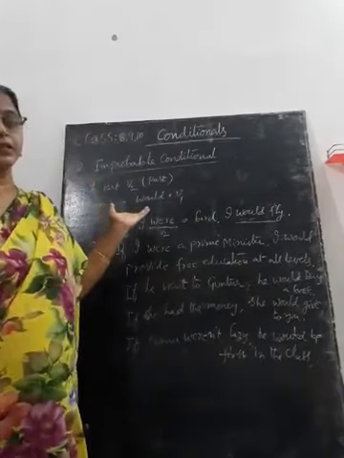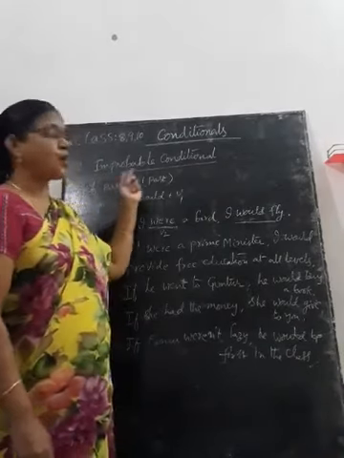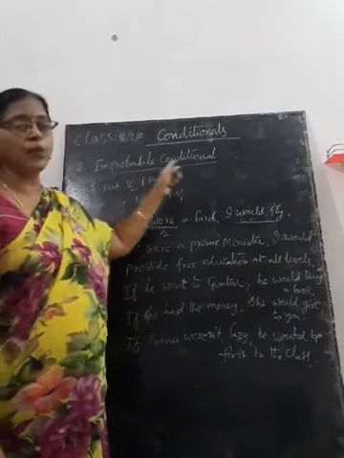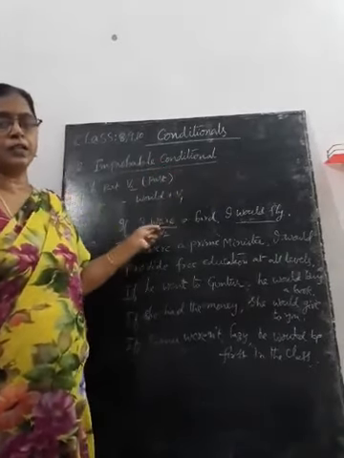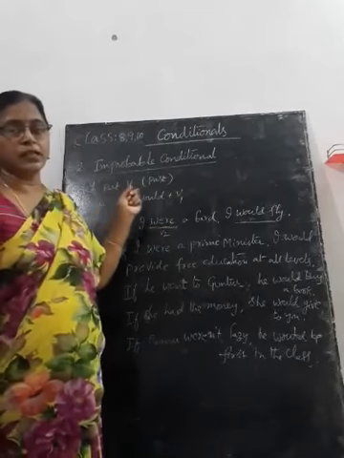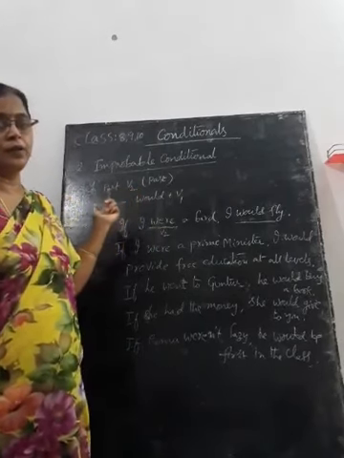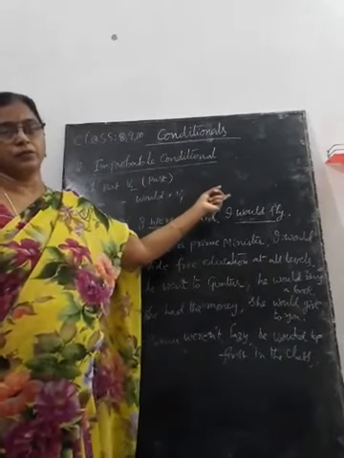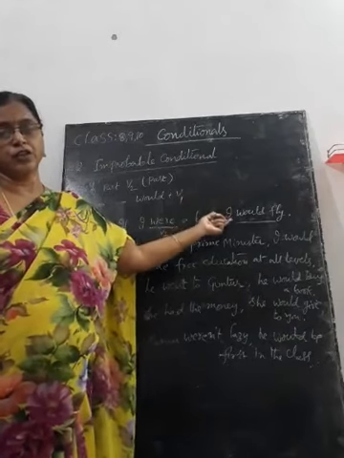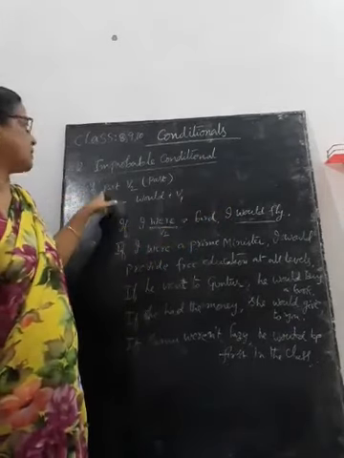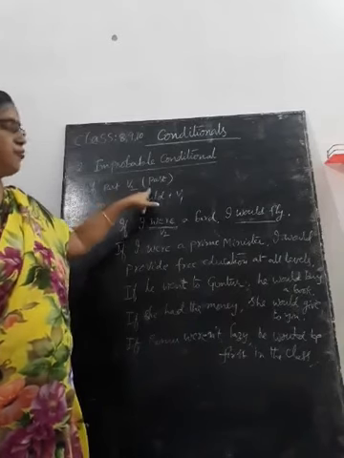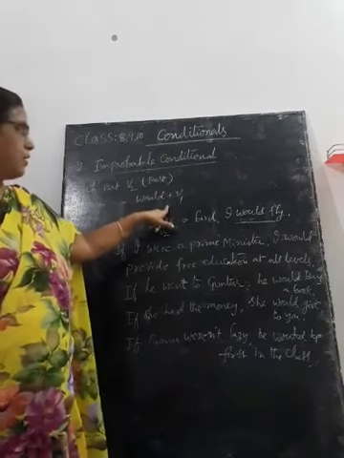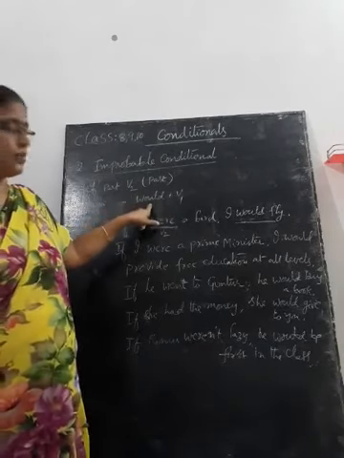See, students, very easy to understand. The improbable conditional sentence is the second kind of conditional sentence, also called the improbable or imaginary conditional sentence. The situation doesn't happen. We use the improbable conditional sentence to talk about an imaginary situation for the present or future. The structure: in the if part we use the V2 past form, and in the main part we use would plus V1. According to this structure, we have to frame sentences.